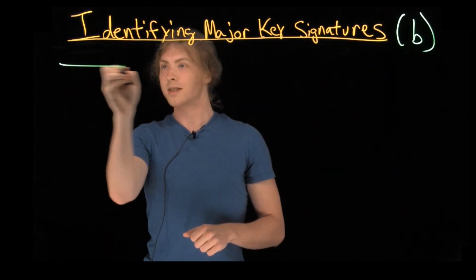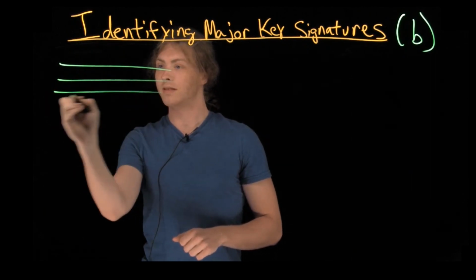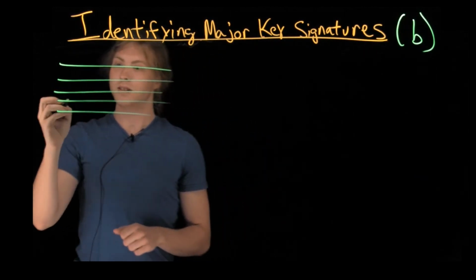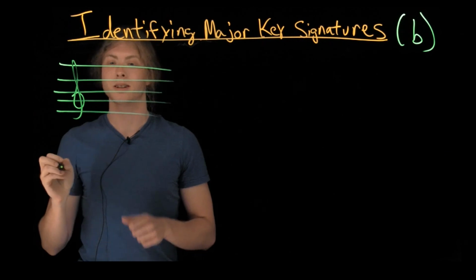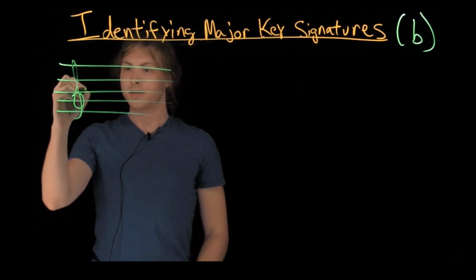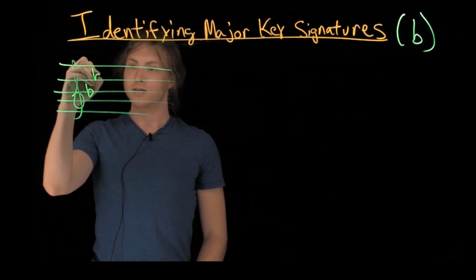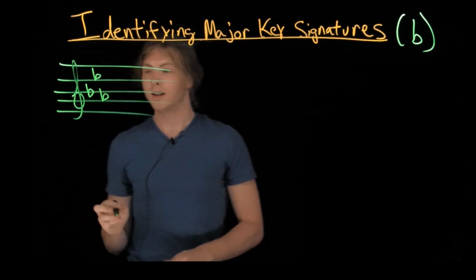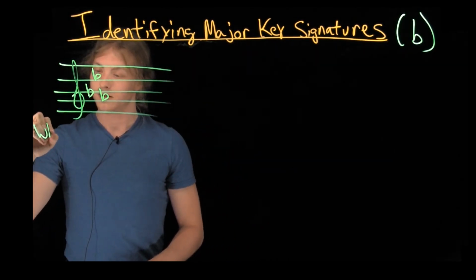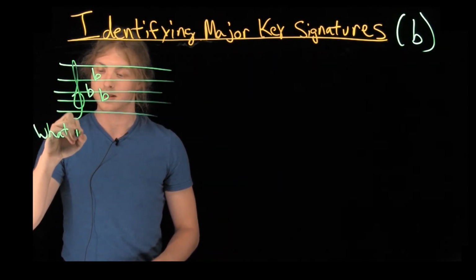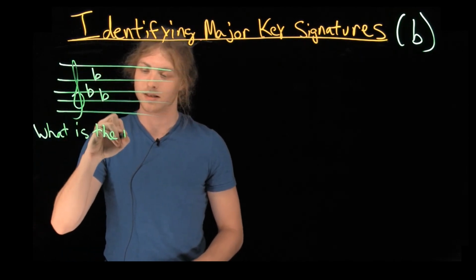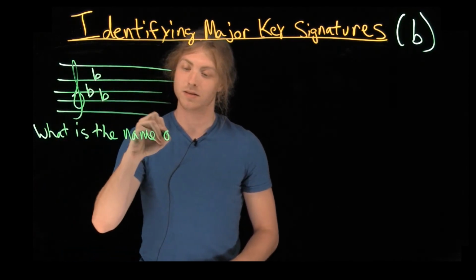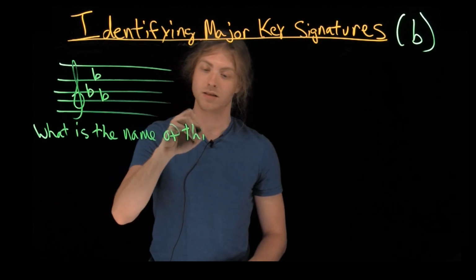So again, I'm going to draw a staff. And we're in treble clef yet again. And let's draw some flats. So let's do 3 flats. So I'm going to ask, what is the name of this key signature? Name is